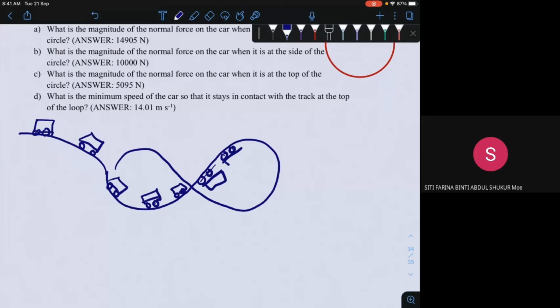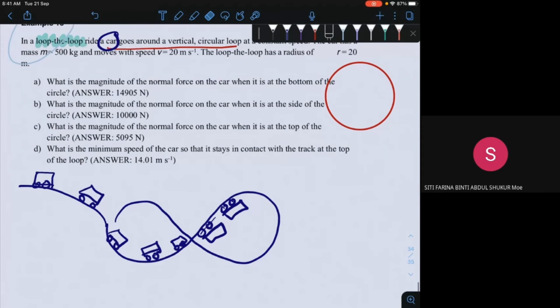Okay, kamu tak naik bahagian atas sekarang, kamu tengah masuk dekat bawah. Kenapa? Sebab dia cakap loop the loop. Okay, konsep loop the loop adalah kita nak fokus bahagian loop dia sahaja, di mana kamu punya tayar ini akan sentiasa sentuh dan kamu terbalik dalam litar itu. So, what is going to happen here adalah we are going to focus on one part of the loop sahaja, di mana you are going to have this